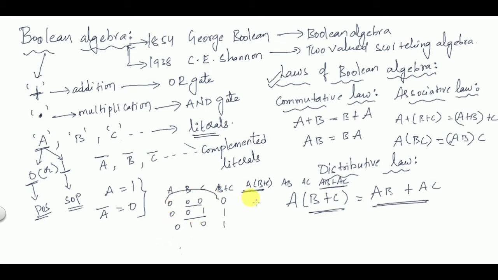Again 0 into 0 is 0, 0 into 1 is 0. So you continue this table, and you'll get the same value. Okay, so you can prove it like this. If you are asked to prove the distributive law, you can prove it like this by taking some truth table form. Not required, right? Just keep an idea. If anybody asks you to prove these laws, you can prove them by using this table form.